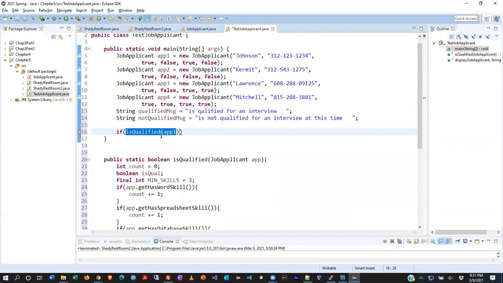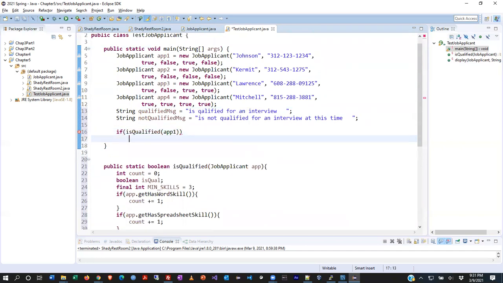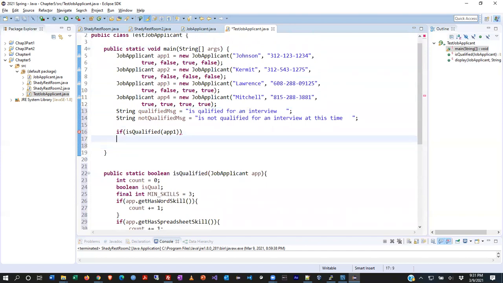So if it comes back true, the person is qualified, and the statement that follows will be pretty simple. We'll go to the display method, which will do the work. We send the applicant information, applicant 1, and then the qualified message will be the one sent. We're going to send this message down below, spelled correctly once again,